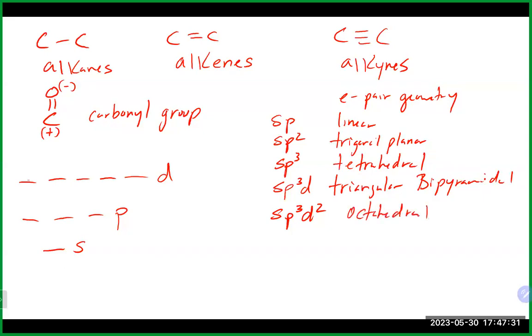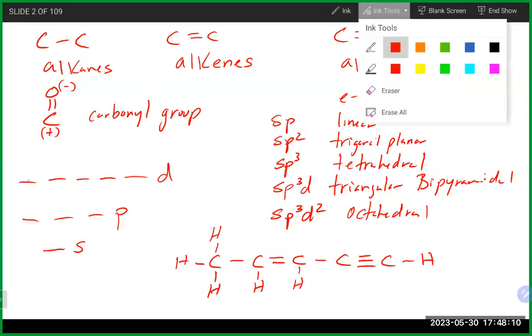That also means that in terms of the bond angles that we associate with these guys, and it does pop up occasionally as you go through some organic guys, we'll get some different geometries as we make double bonds or triple bonds. So for example, if we had something like this, put them all in here, one molecule. All right. So if we want to assign hybridization to these guys,